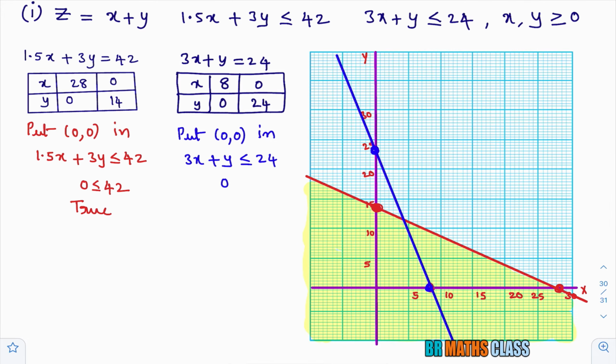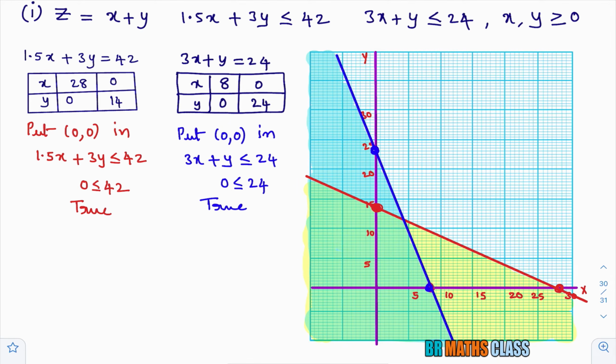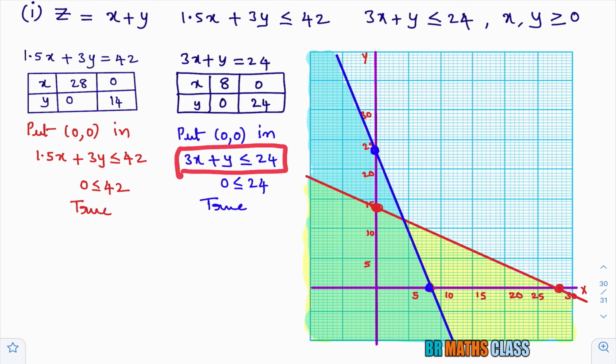What you will get? You will get 0 less than or equal to 24. Is 0 less than 24? Yes, 0 is less than 24. As you got true, which side you need to shade? You need to shade origin side of this line. So you shade origin side of this line. You please observe this blue color shaded part. What is this? That is the solution of this inequality. That means in this blue color shaded part, if you take any point, substitute that point in this inequality, it